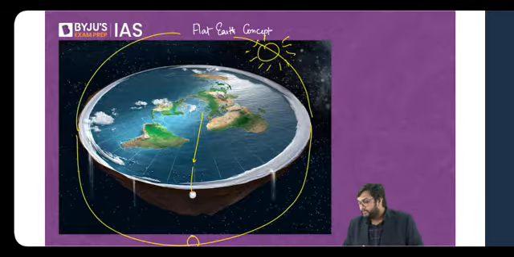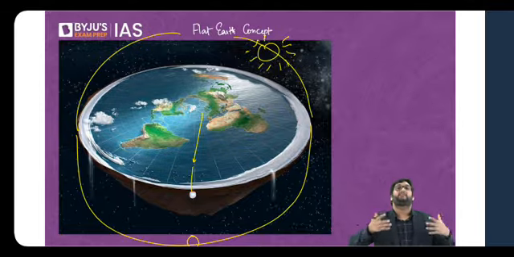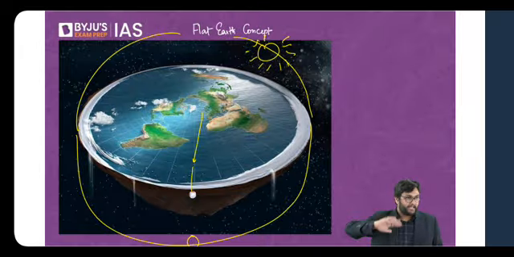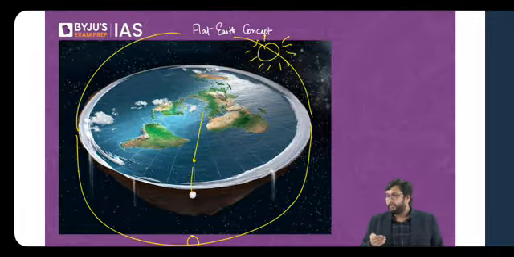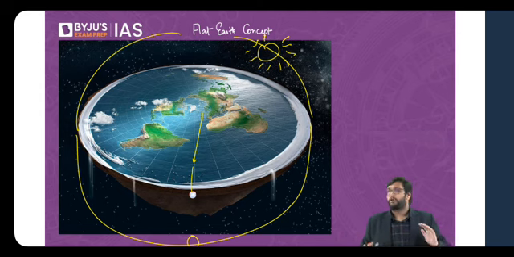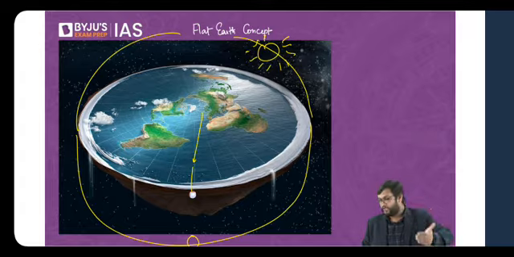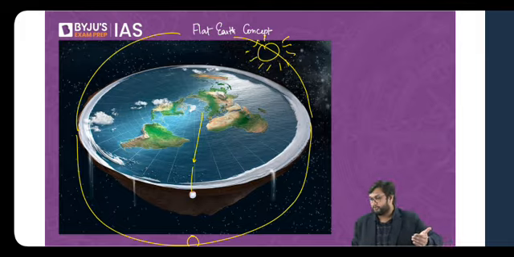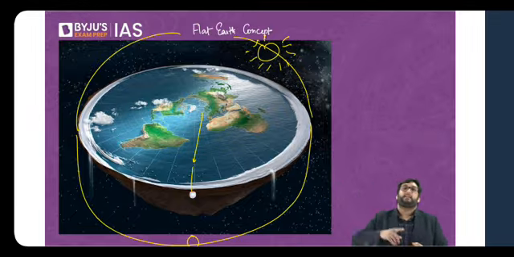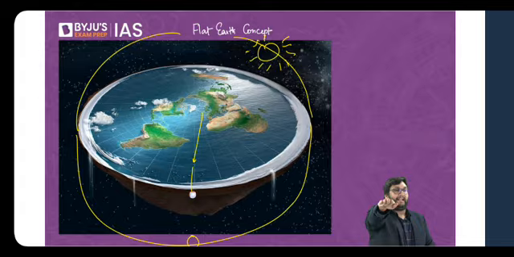How did they come up with this concept? Because that is the only thing which the church could understand. You stand on the road. Does the earth look like a sphere to you? When you are sitting on the ground right now, is the curvature of the earth visible to you? Yes or no? Can you see the curvature of the earth sitting? No. For the church, a priest sat and said, "Seedha hai, flat."